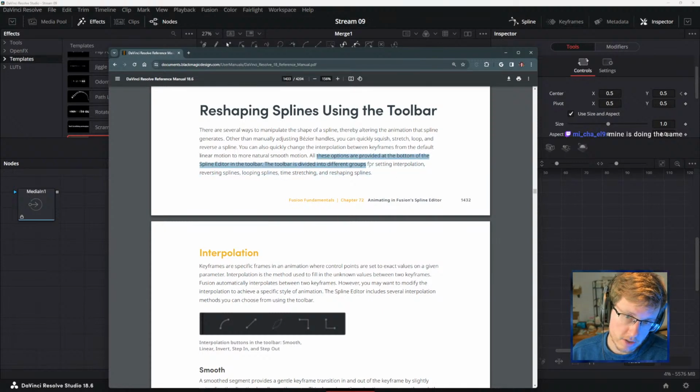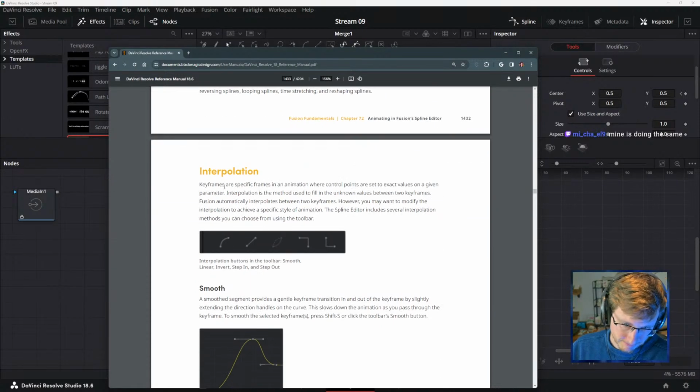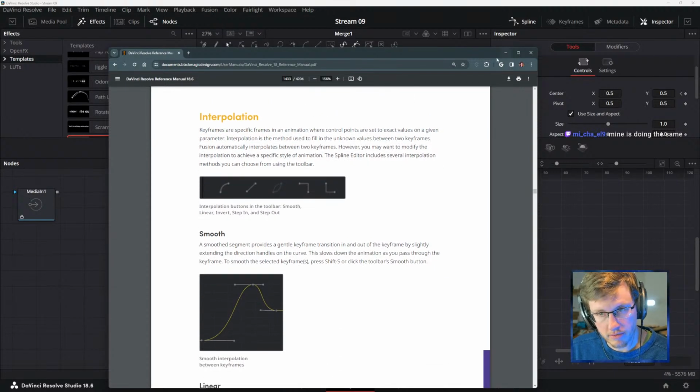All these options are provided at the bottom of the spline editor in the toolbar. The toolbar is divided into different groups for setting interpolation, reversing splines, looping splines, time stretching, and reshaping splines. And interpolation, you can do the different variations of interpolation.